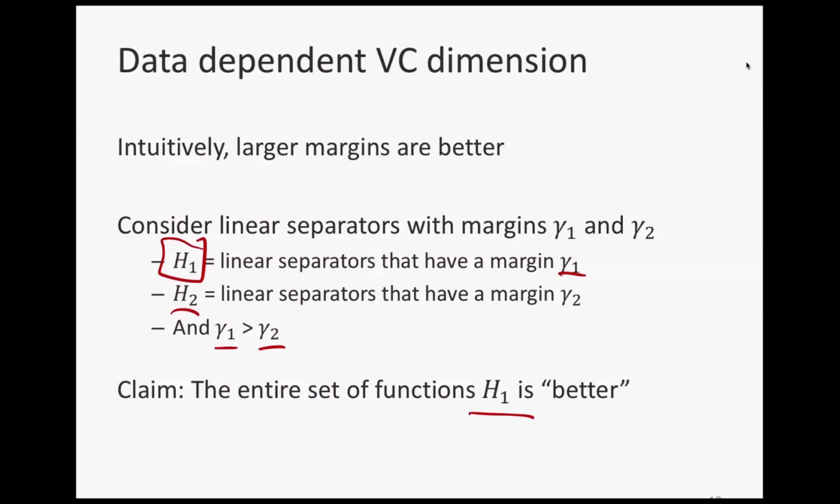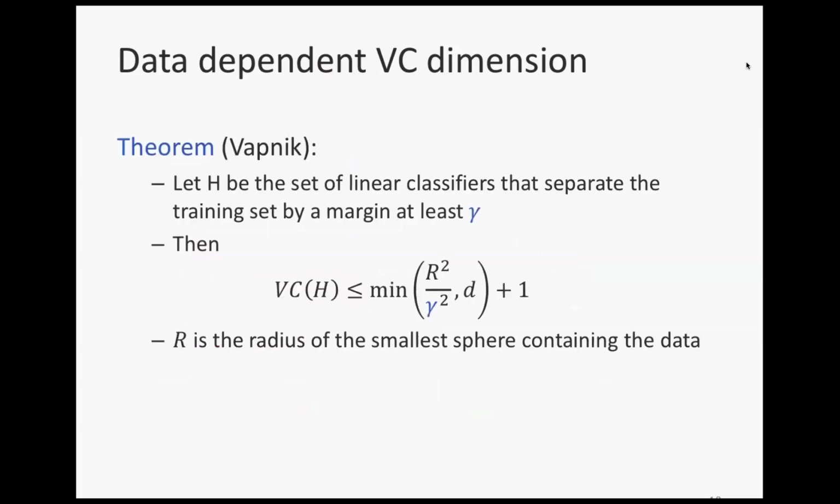What does better mean here? We can formalize this using the notion of VC dimension. And that's what Vladimir Vapnik did. If you have a set of functions that separate a training set with a certain margin gamma, that's the set H. Then we know that the VC dimension of all linear classifiers is D+1. But what Vapnik showed was that the VC dimension of this particular subset is not just D+1, it's the smaller of